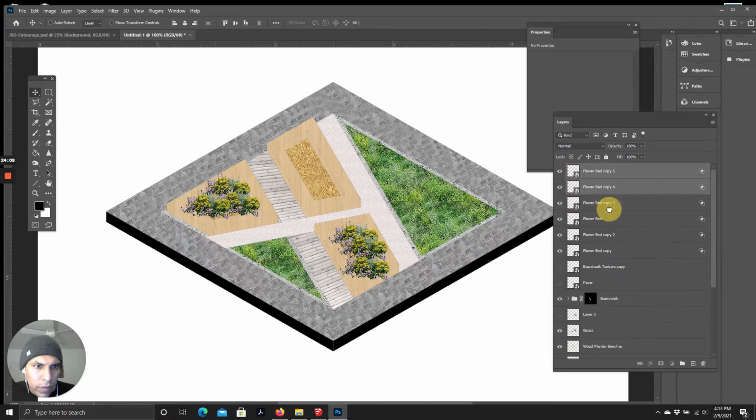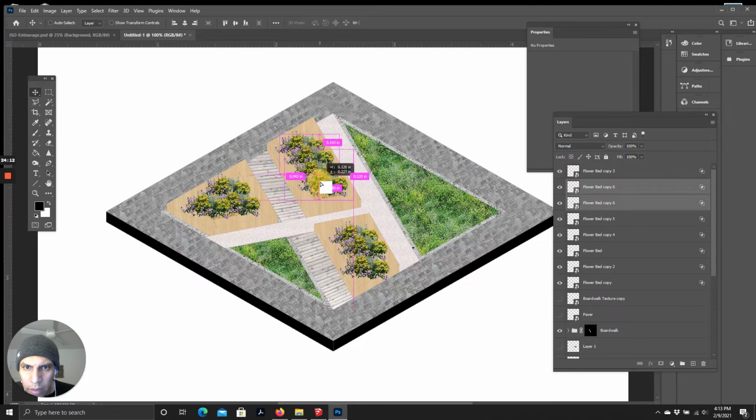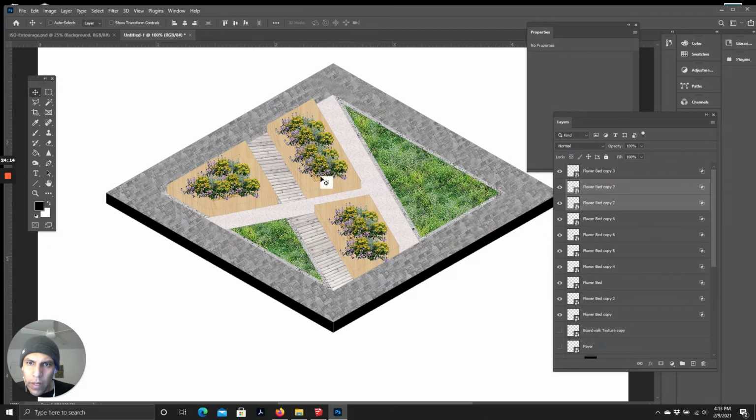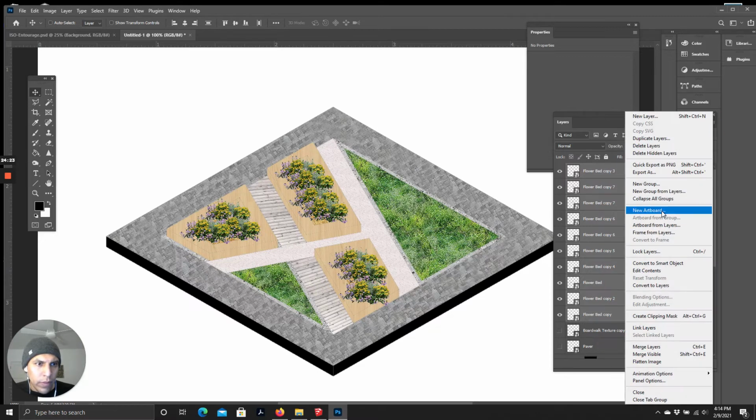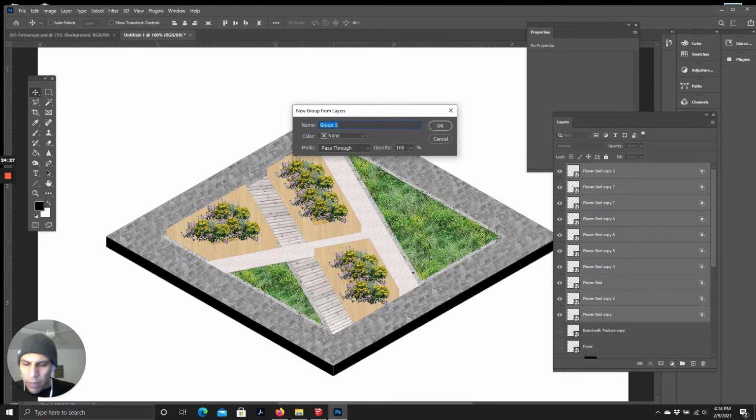This is getting pretty messy, but we'll group them together, and then we shouldn't have too much of a mess. So let's group these together. There we go, press that, and then new group from layers, flower beds,